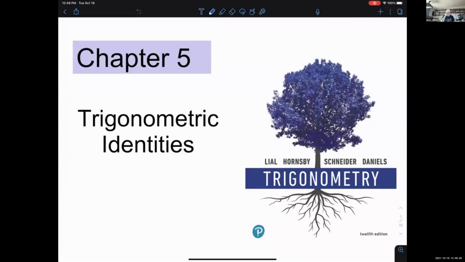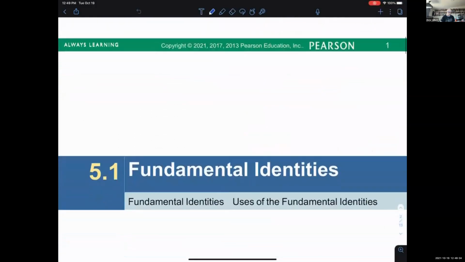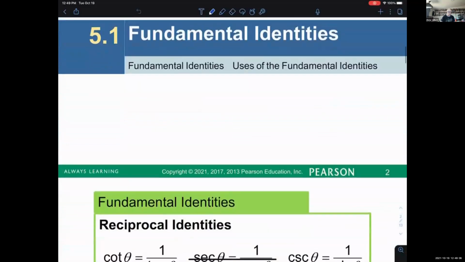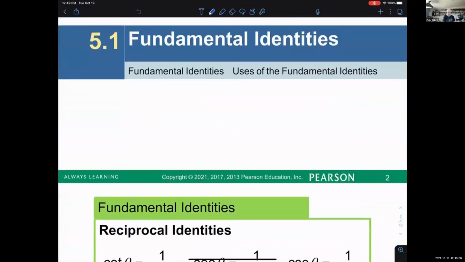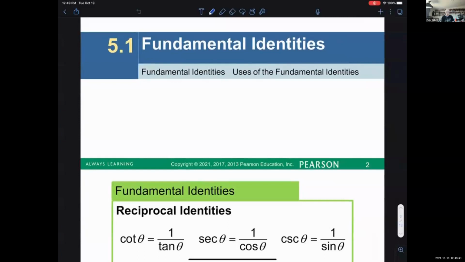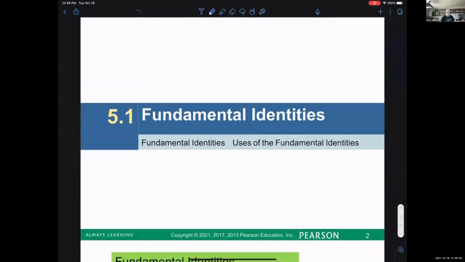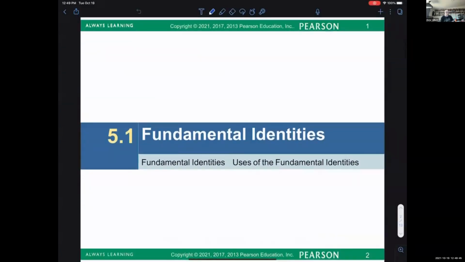Chapter 5, Trigonometric Identities. So in 5.1, as we saw briefly a minute ago, we're going to look at 6 sections in chapter 5. And the first one, about trigonometric identities in 5.1,